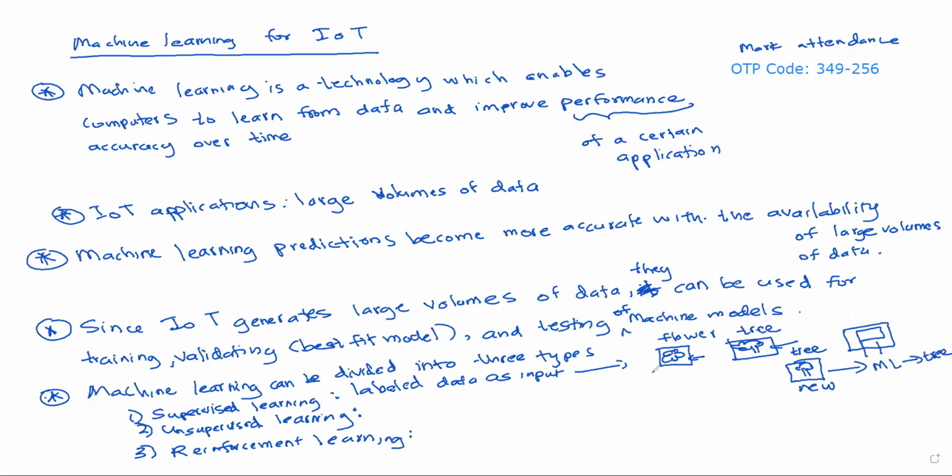So basically, in supervised learning, we are giving data to the machine learning algorithm as labeled data. We give some data where we label that data with certain information. We give information regarding that data. So in supervised learning, we are actually providing a lot of information to the machine learning algorithm.